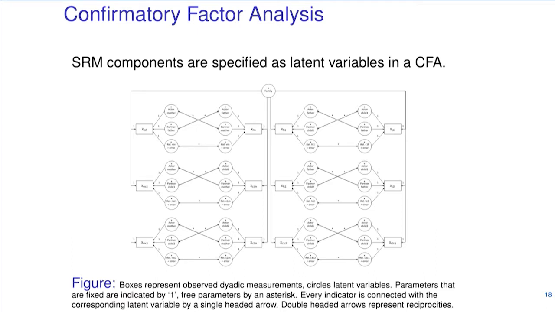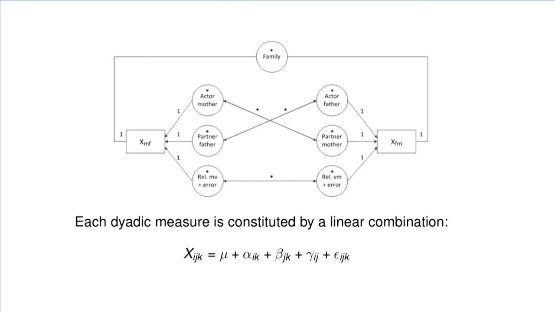Okay, here is then the model estimation. It's a confirmatory factor analysis where you see these are the observed variables, and these are the latent variables, and the latent variables are the actor, the partner, the relationship. So in every dyad you have all these kinds of things. You can have a look at that. It's very straightforward because every score is partly partner effect, partly actor effect, partly relationship effect. So it's quite straightforward if you understand the model, but it's of course complicated to estimate all these latent variables.